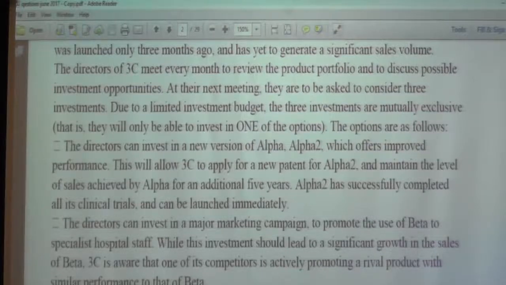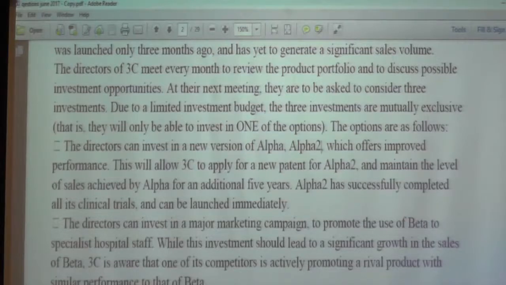While this investment should lead to a significant growth in sales, 3C is aware that one of the competitors is actively promoting a rival product. If you have one benefit and one disadvantage, you got the job done. Now, the bad side of the marketing campaign,